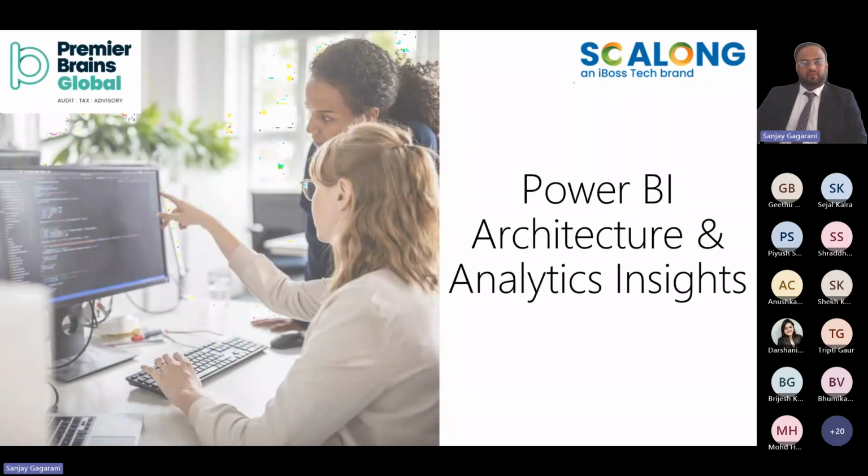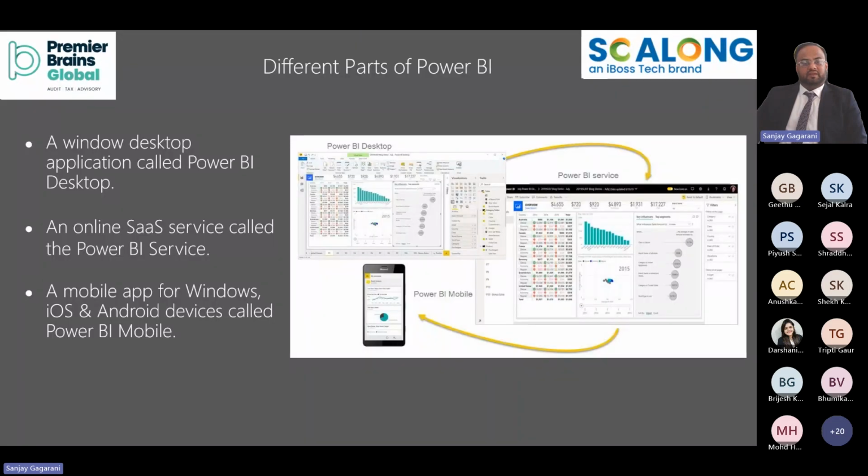I will just touch base a little bit on the Power BI architecture. As I mentioned earlier, there are three different models. One is the Power BI desktop version, which comes with the Microsoft Office license, free of cost, which everyone who got the license from Microsoft can use. Then we have the Power BI online application, which I think is free for one month. Later on, if you want to use it extensively, you can go for the user license or the organization license, depending on the requirement of the company, and the mobile app. So these three all work together and we can use them as a whole package for meeting our business requirement. Now, let me take you through the practical part, which will be more interesting and engaging.